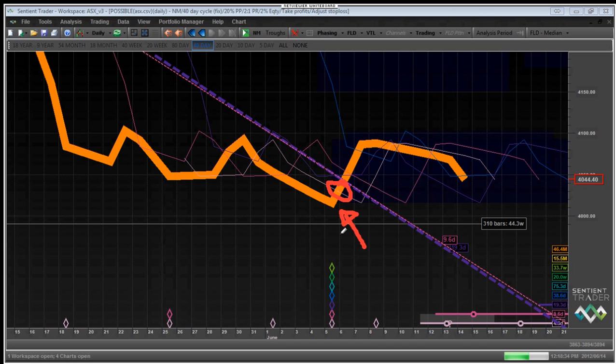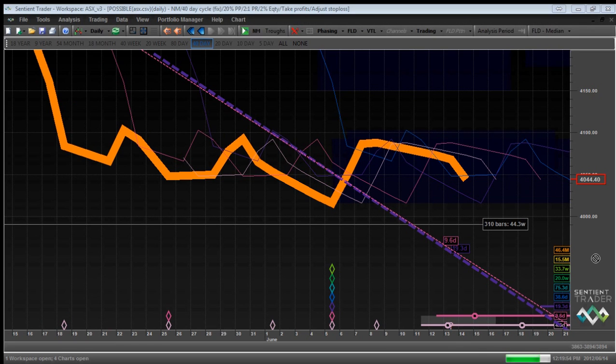Hypothetically, I'm talking about trading the 40-day cycle in this particular chart. That's the decision that I've made. So when would we want to enter a trade in the 40-day cycle? Well, you could wait until price crosses the 40-day FLD. The problem with that is that often you'll be entering a trade very late. So what you might want to do is take as evidence the fact that a trough of a shorter cycle has formed, and use that evidence to enter your trade.